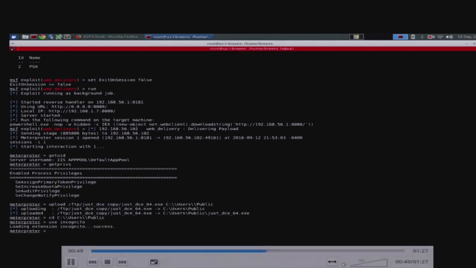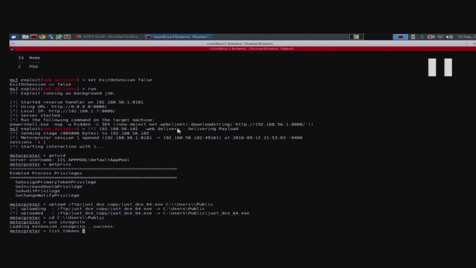hopefully you guys are familiar with the incognito module in Meterpreter. It lets you impersonate tokens on the system. So the executable is going to locally negotiate the NTLM authentication and create a token, but we need a way to impersonate it. In our binary, we obviously could have had it do something like spin up a new Meterpreter shell with the new privileges, but instead we're just going to use incognito to grab that token that has been negotiated.